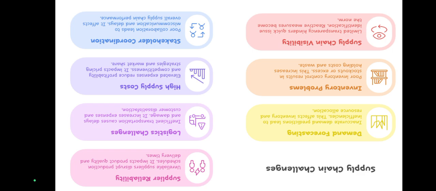It is focused on the demand forecasting. So why is demand forecasting a challenge? You can't predict the exact demand or exact number of pen required for the society or the market. That is one challenge. Then inventory problems. As I said, whenever you want to produce the products, the raw materials are required. If the raw material shortage is there or the irregular supply of raw materials is there, then inventory problem will